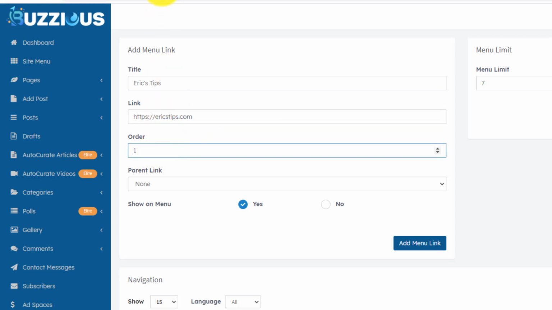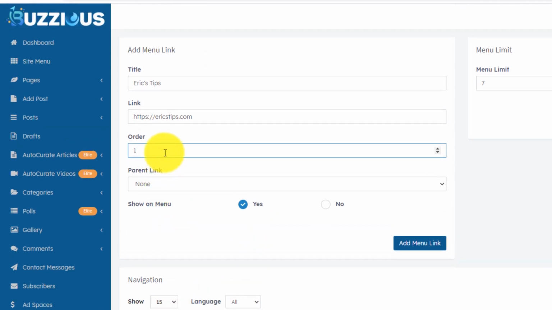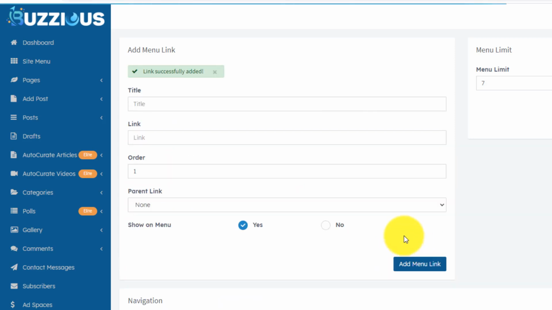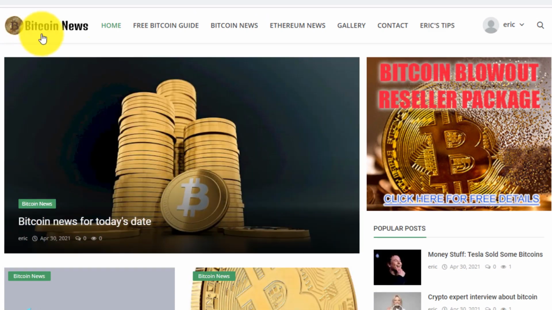And order, so I don't want it to be number 1. I might want it to be the last one. So let's just say order 7. And then add menu link. Okay, now if I go back to my home page, click refresh, we've got our categories, where we got the